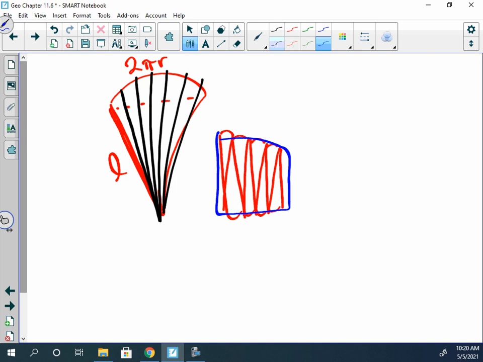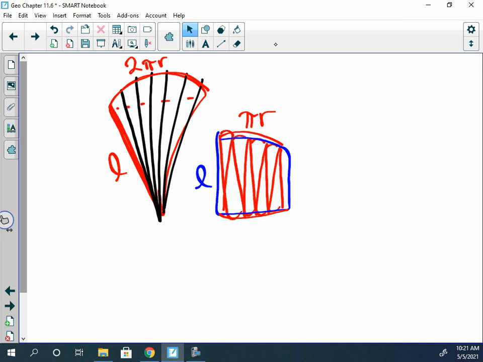It's a rectangle where the overall height is L. Now, these here are broken up. If you notice, I alternated them, one up, one down. So I really took that overall length and cut it in half, yes? If I cut 2 pi r in half, the 2 cancels, which makes this side length pi r. Well, the area for a rectangle is length times width, so 2 pi r times L gives us